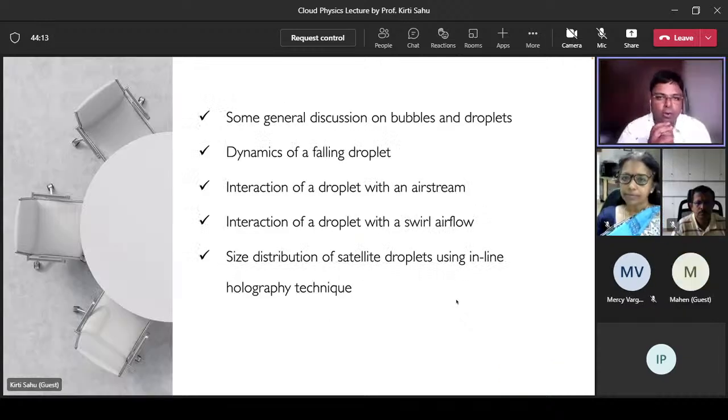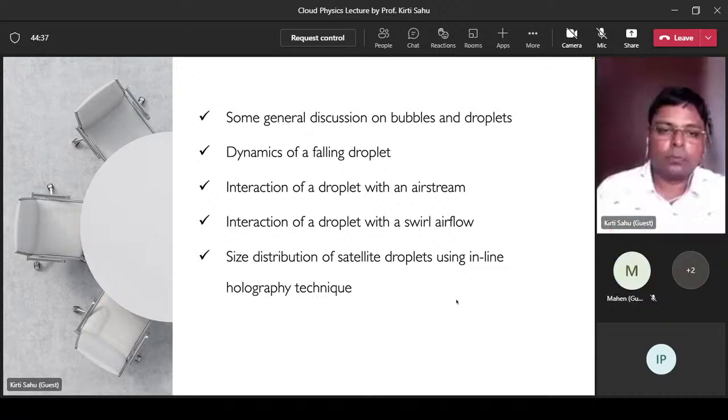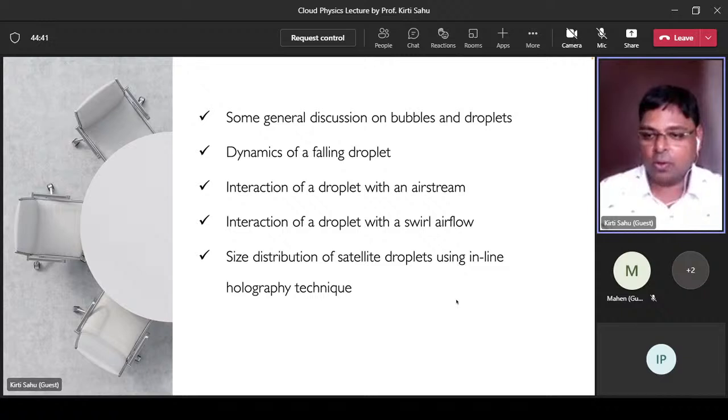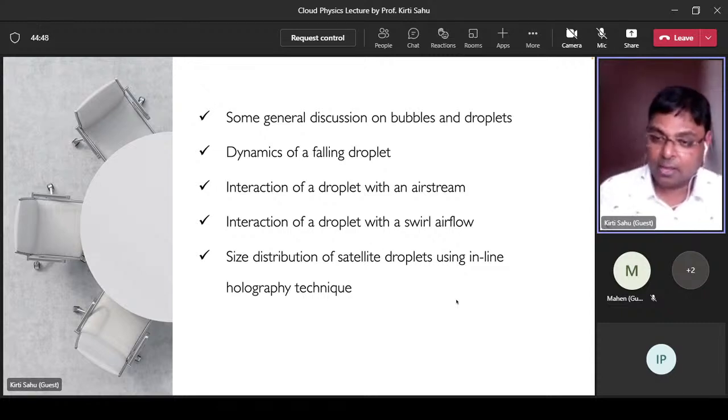So this is the outline of my talk. We'll start with some general discussions on bubbles and droplets. Then we'll talk about the dynamics of a freely falling droplet. And then we'll move on to discuss interactions of a droplet with an airstream. In this case, we'll have a horizontal airstream interacting with a droplet. And then we'll discuss interactions of a droplet with a swirl airflow, which we can frequently observe in the atmosphere. Then finally, we'll talk about the size distribution of satellite droplets after the droplet fragments due to the air current, using the inline holography technique. This is one of the recent techniques